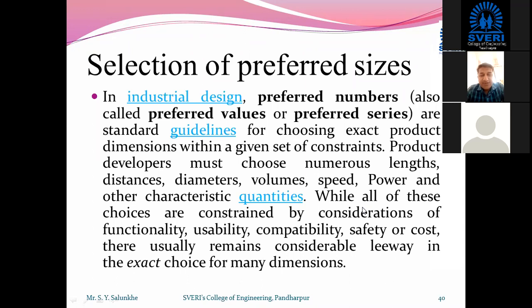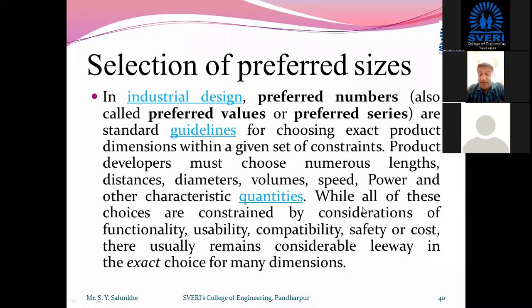While choosing all this, we make considerations. If suppose we get the length of a shaft as 10.5 millimeter, then that can be standardized to 12 millimeter. Or if we get the diameter of a shaft transmitting power as 27.8 millimeter from the stress calculation,